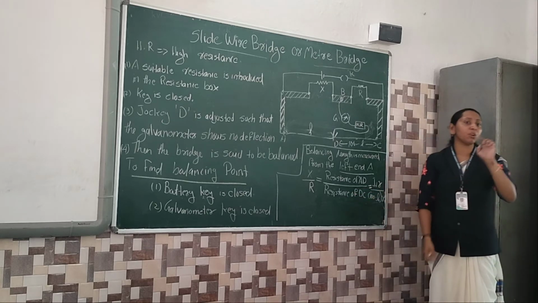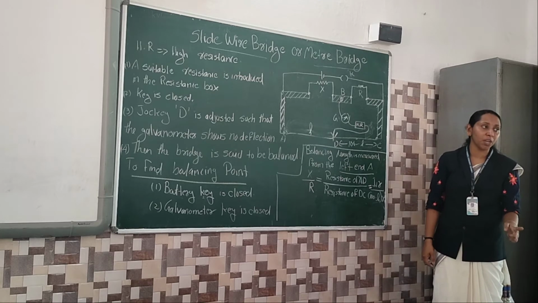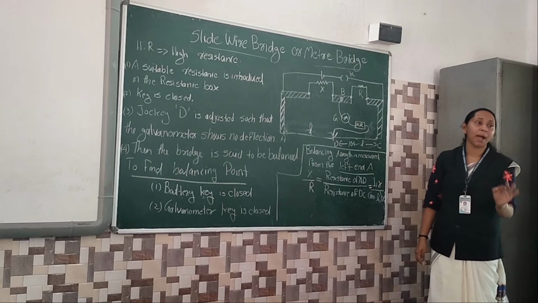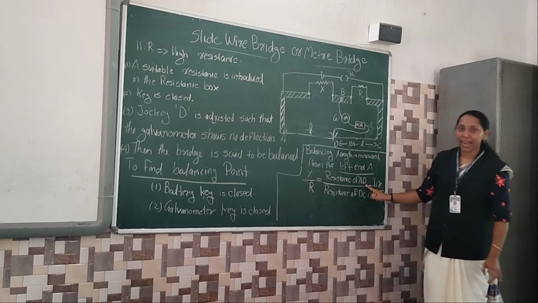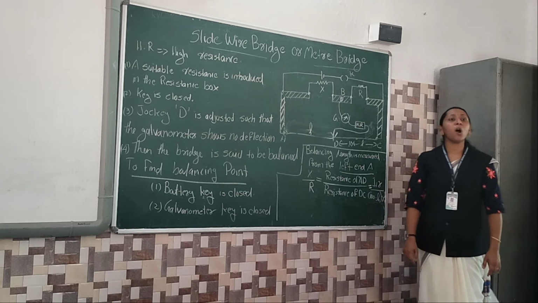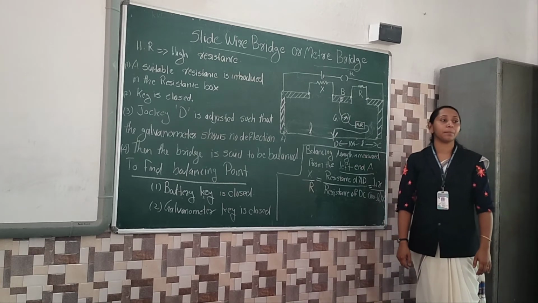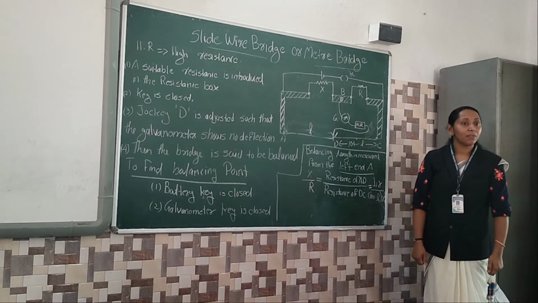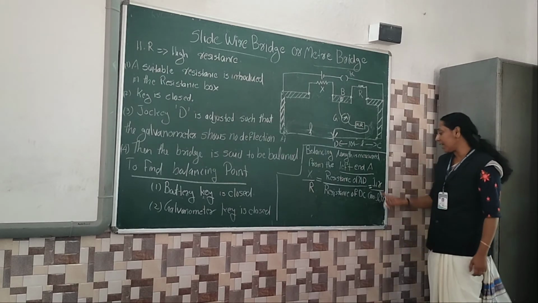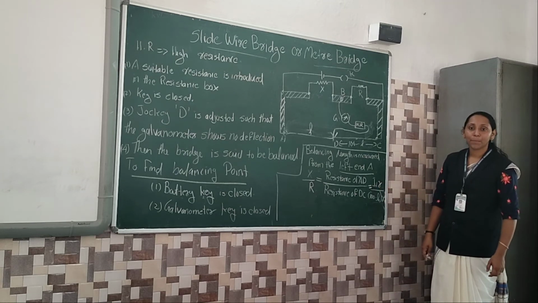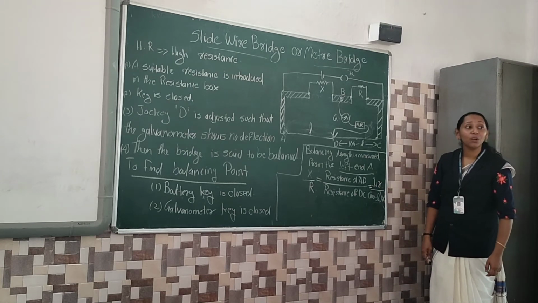What is your expression of Wheatstone bridge? P by Q equal to R by S. The meter bridge expression X by R, resistance of AD divided by resistance of DC. From the Ohm's law, what is resistance? Resistance क्या? V by I. V by I है ना? So I am just writing I1R. Why I am writing I1R? V equal to I.